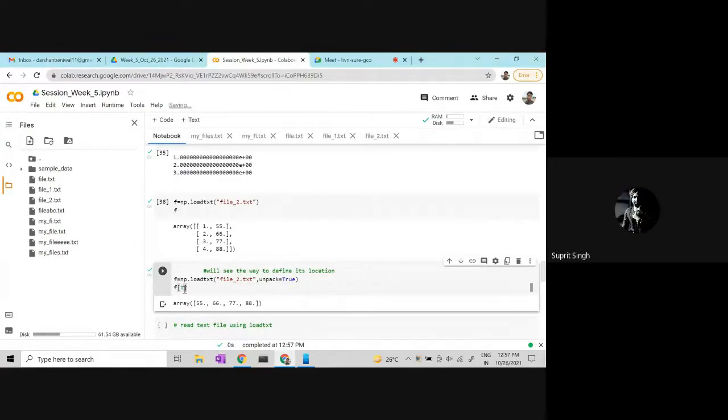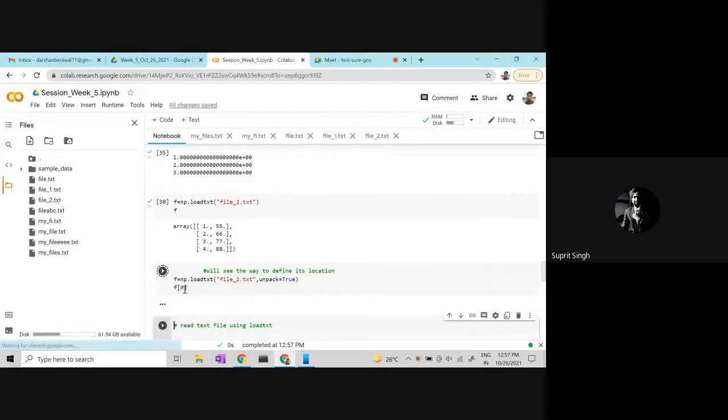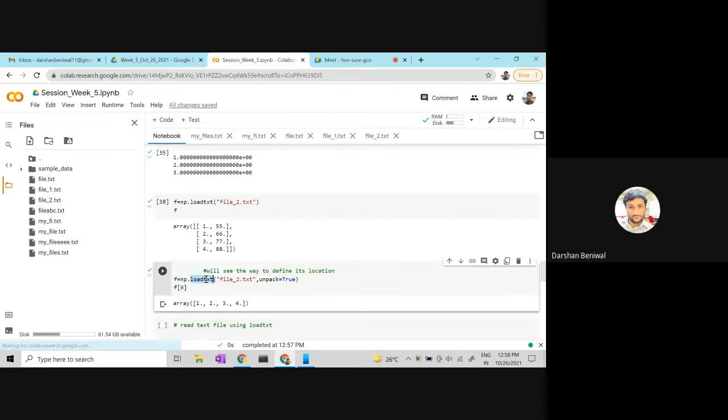Load text is doing two things. It is bringing in the contents and making an array. So f here is now an array. Load text loads the file and makes it into a numpy array object f. The read-write permission will be the same as what it was before. This is only reading. There's no writing here. Whatever is inside the file, pick it up and put it in an array.